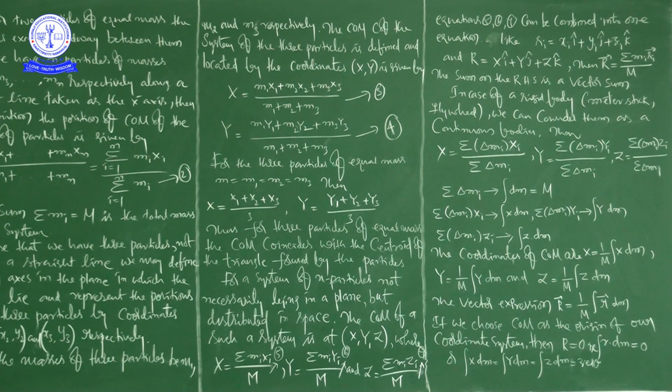Similarly, if we extend the discussion to n number of particles, how can we write it using the summation symbol? If the n particles have equal mass, what will happen? Suppose the particles are not distributed only along x, or y, or z, but are in space. Then what about the position of center of mass? First you have to find the x coordinate, y coordinate and z coordinate of the center of mass. That is our interest. Like this you can find it.